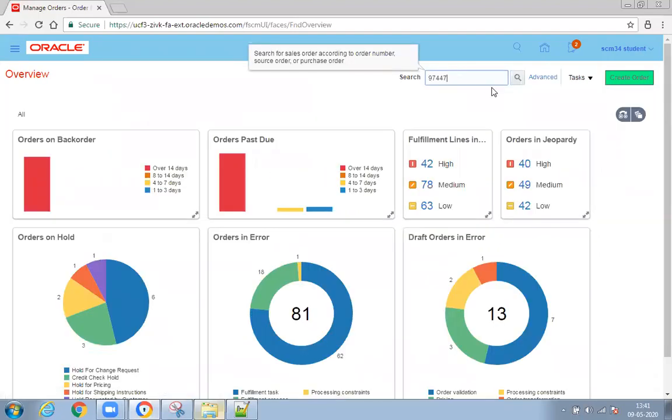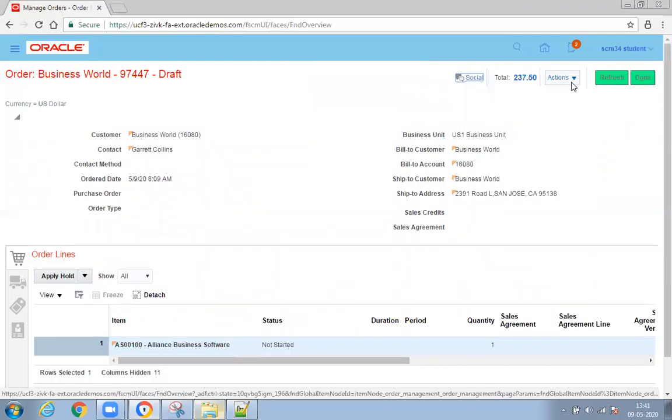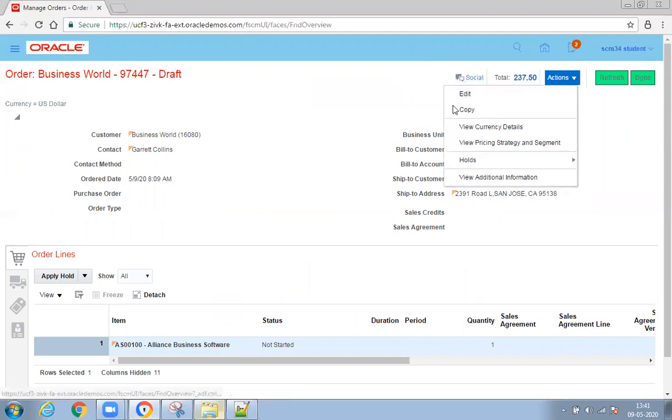Let me search. Now, instead of creating a new order, let me copy from an existing order. Go to actions, copy.